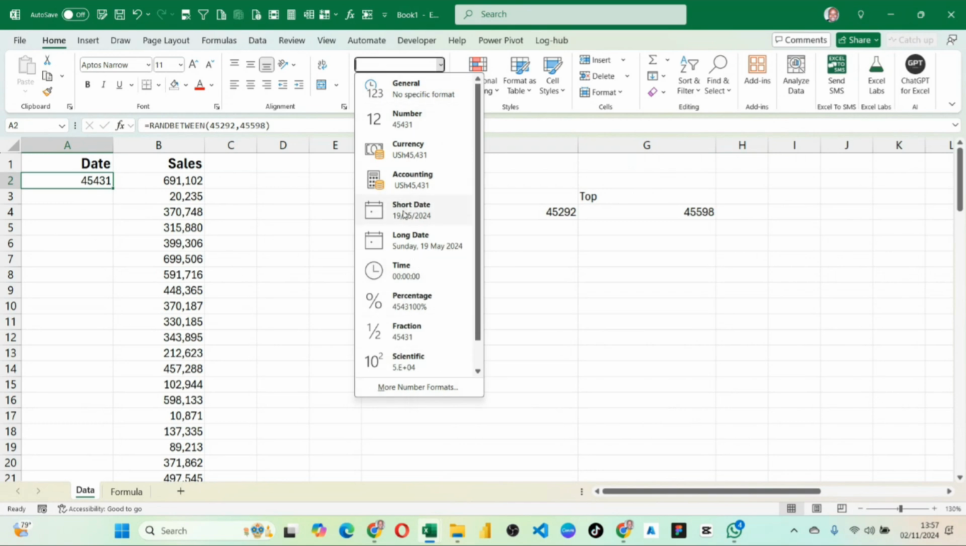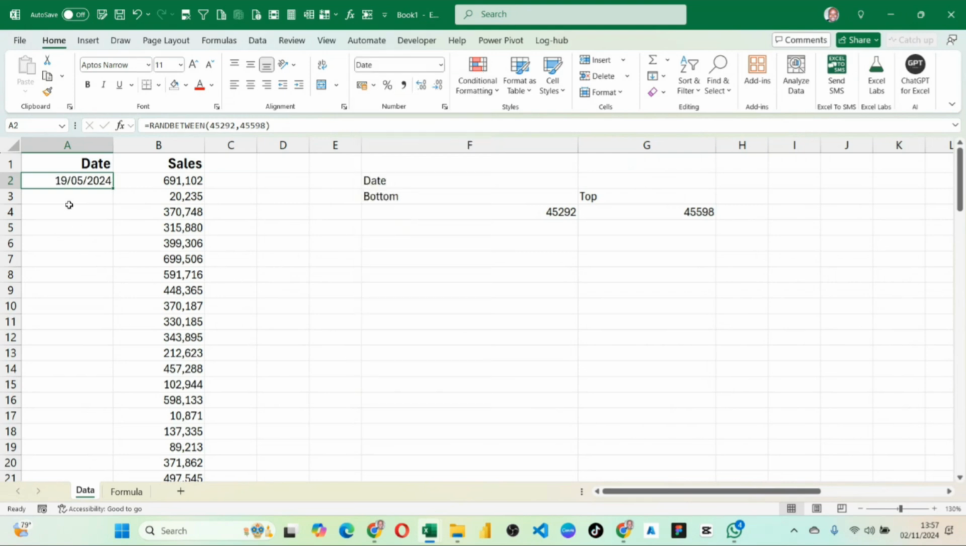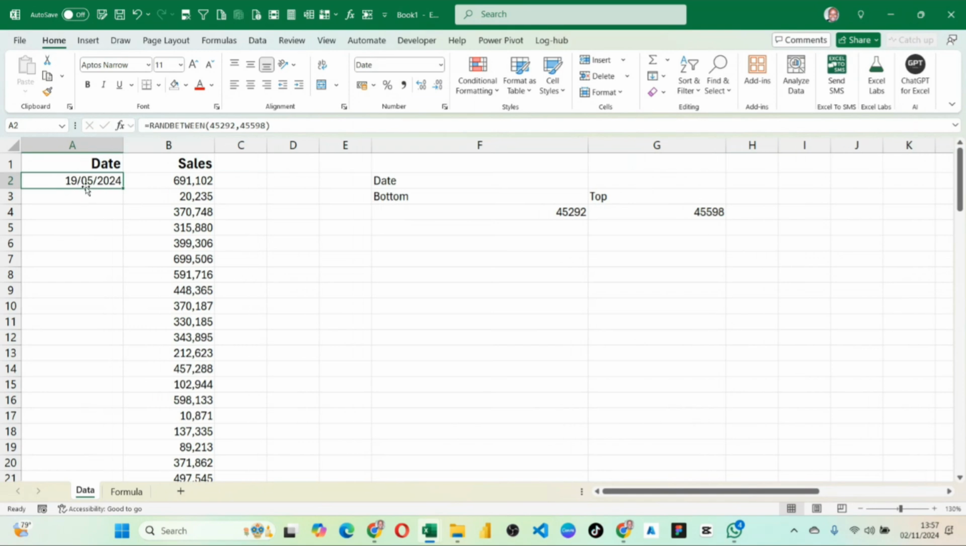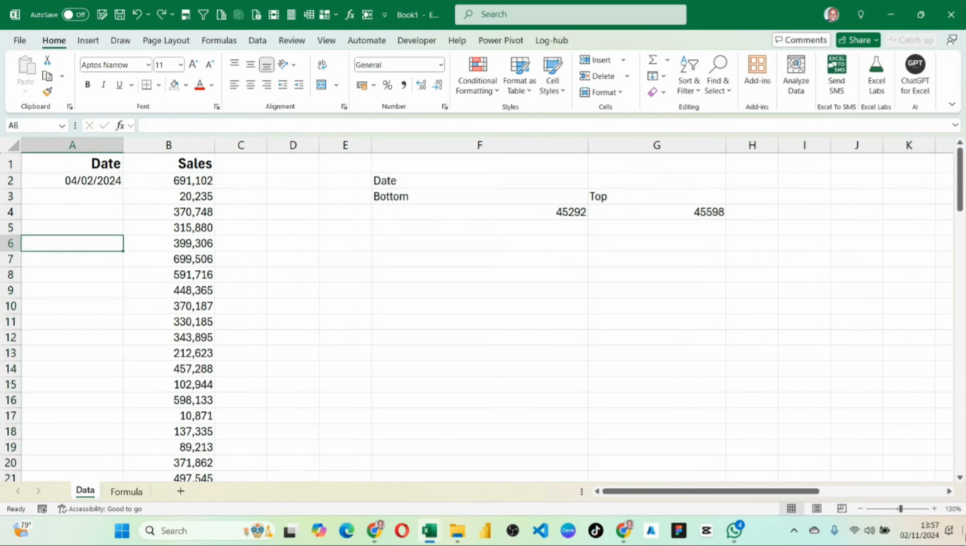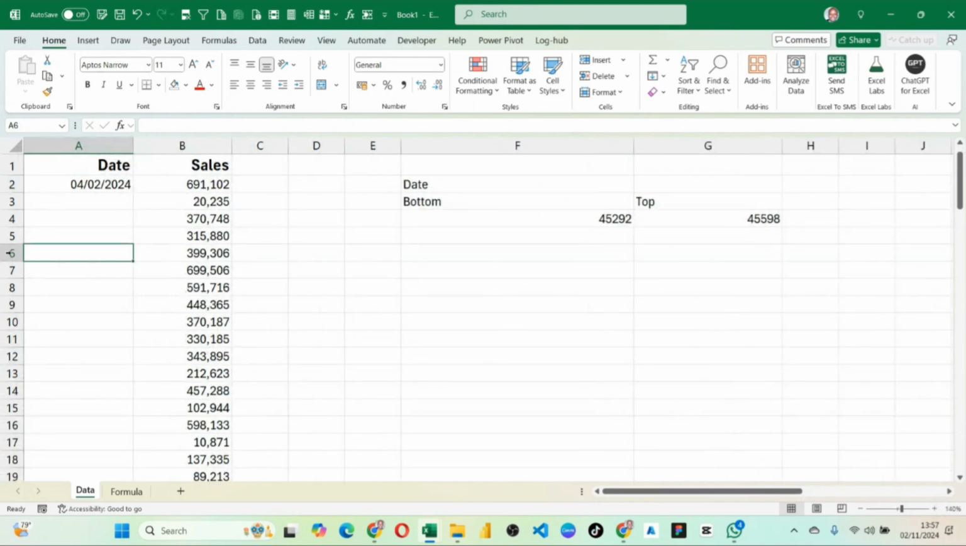like this, you can always go with this short date or long date. I will show you how we change the other format. So if we click on that, you see here it shows us 19th of May 2024. So I can drag this up to the bottom by double clicking. I undo this to show you what I've done. So when I want to copy this to the bottom,